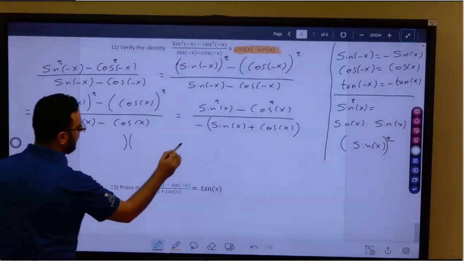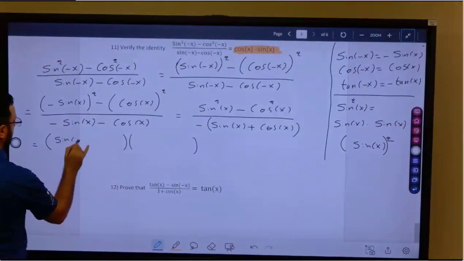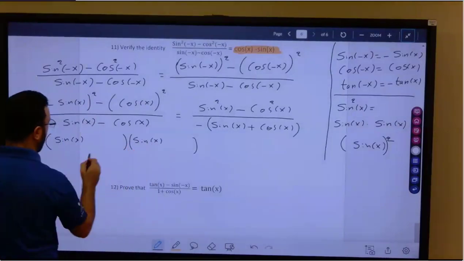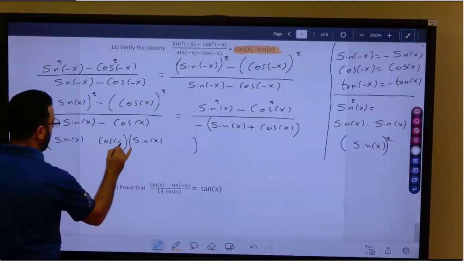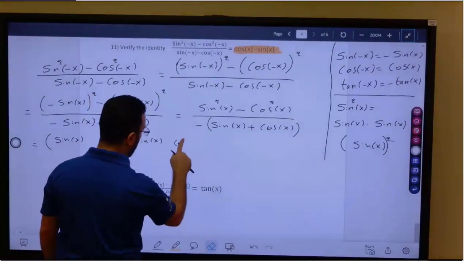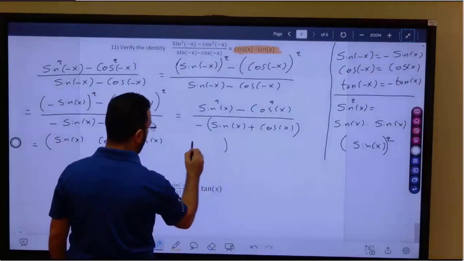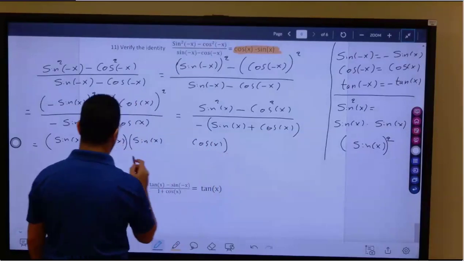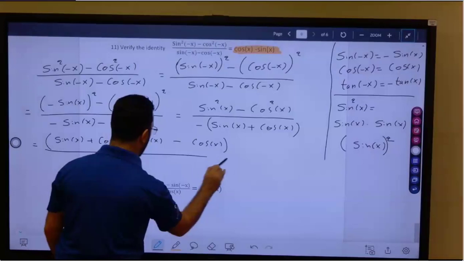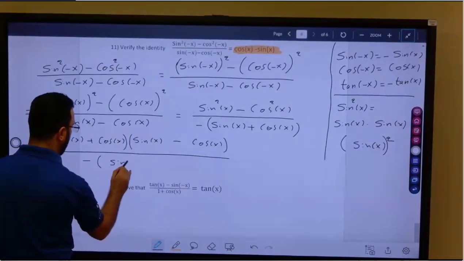Open two parentheses: sine x here, sine x here, cosine x here, cosine x here, 1 plus, 1 minus, and divide by negative, and we have sine x